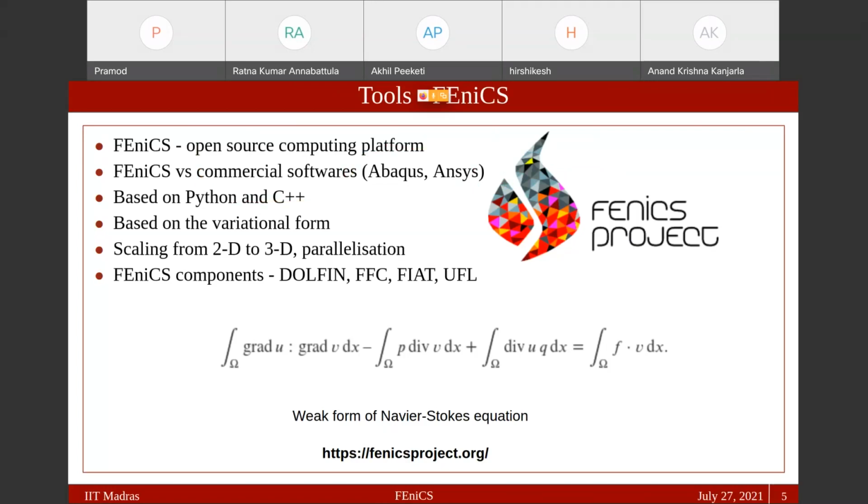Secondly, as the workshop progresses, you will see how easy it can be to solve certain problems. One might question, why not? Some of you might have coded in your coursework or research in MATLAB or Fortran or some other languages, which are pretty fast as well, if we do it really properly, but the scaling of FEniCS is quite